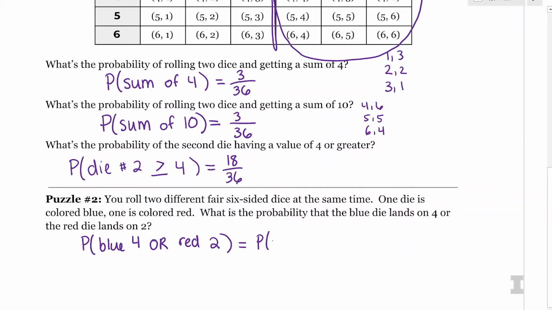Yes, and one of the ways that we have seen is through the addition rule, because this is an or situation. We could say, okay, the probability of a blue 4 or a red 2, we could use the addition rule and say that's just the probability of getting a blue 4, or means to add, plus the probability of getting a red 2, minus the probability of both. But that seems like a lot. I don't really want to do all that. It's 3 different calculations. Yeah, it's too much work.